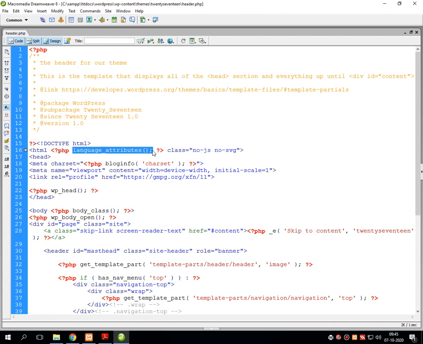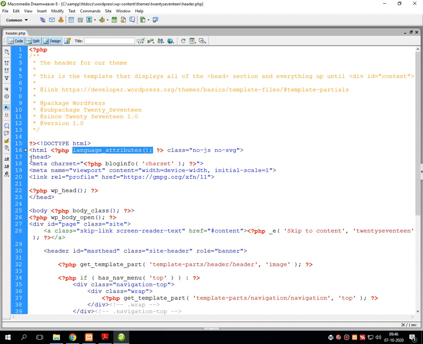If you have experience browsing several websites, sometimes you face a facility on your screen that your website can be displayed in Hindi, Gujarati, English, or any language. If this facility is applicable to the website that you are visiting, that is called a multilingual website. So WordPress is also multilingual. That's why this particular function is written over here.